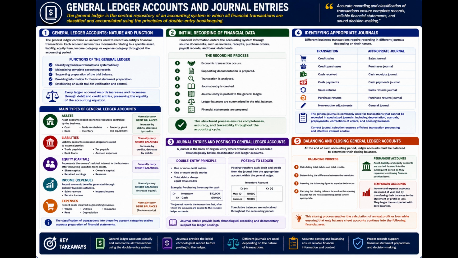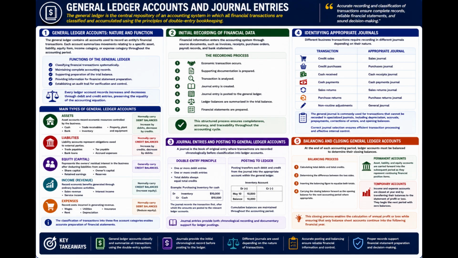1. General ledger accounts. Nature and function. The general ledger contains all accounts used to record an entity's financial transactions. Each account summarizes movements relating to a specific asset, liability, equity item, income category, or expense category throughout the accounting